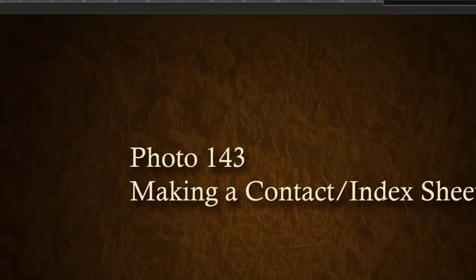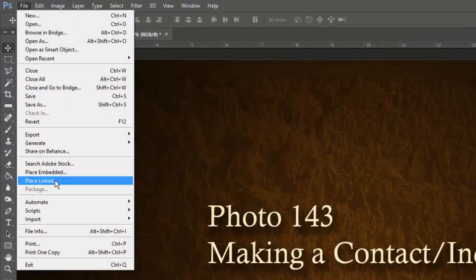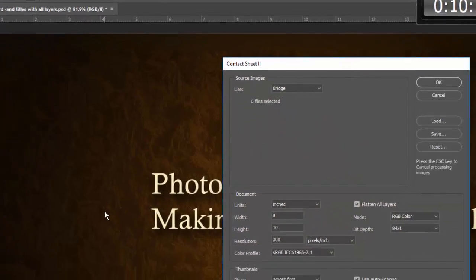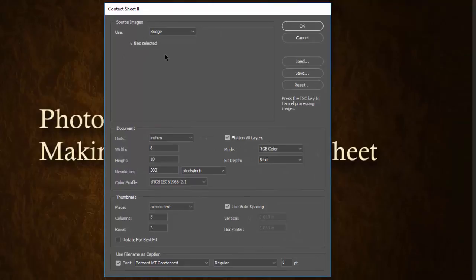Here we are in Photoshop, File, Automate, Contact Sheet. It's going to be our selection. You'll notice from this point, it's going to be just like it was in Bridge with only one exception. And that exception is here. This still defaults to Bridge, but when we use this pull down menu, we get a